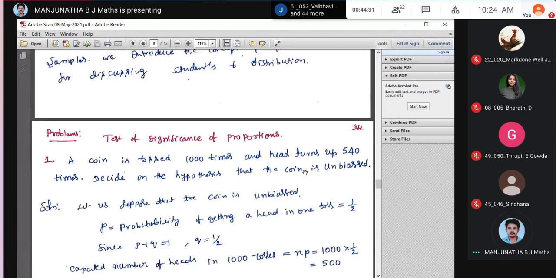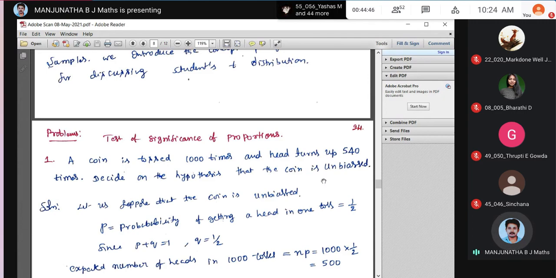That is head. There is a head and a tail. So it is not that both sides are tail or both sides are head. That possibility is also there, right? But here, what we have to show is that the coin is unbiased. So what he has given, you have to write that.